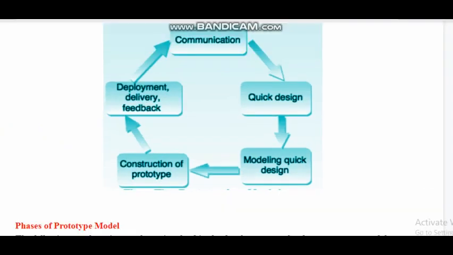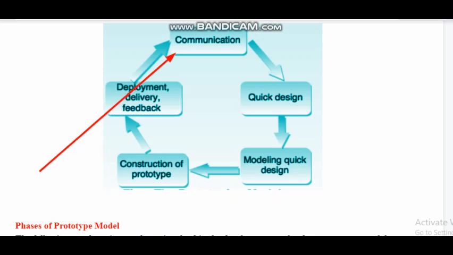The first phase here is the communication phase. This is the initial phase where the requirements are collected. Once the information is collected, the initial prototype, the initial model, is developed.